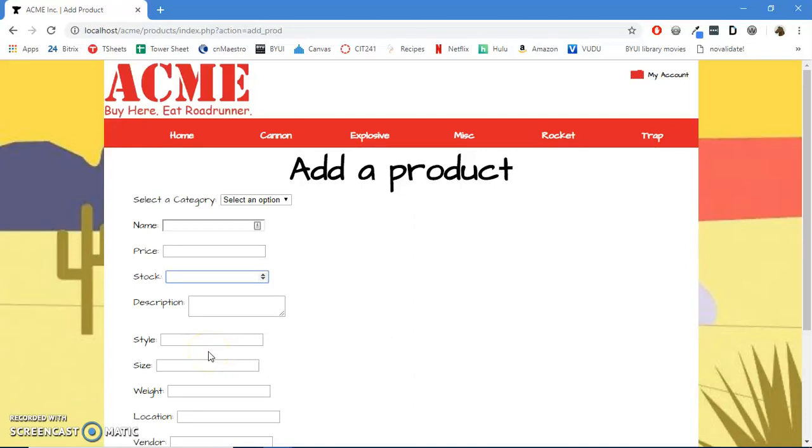This is Dustin Myers. This is my enhancement 5 project. And we're beginning here on the add a product page. If we just go through and run a quick test,